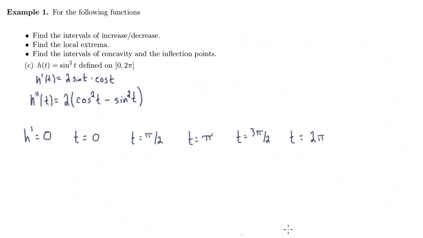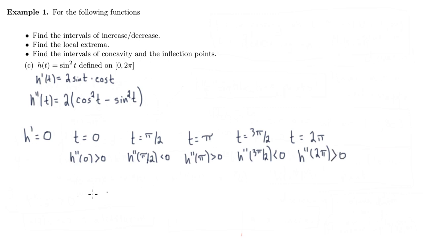And the nice thing is we can very quickly just apply the second derivative test. So what is h double prime of 0? Well, there's this factor of 2 that's not going to change the sign, but it's just 1 minus 0, so it's positive. Then h double prime of pi over 2 is going to be 0 minus 1, so that's negative. And then for pi, it's going to be positive again. 1 minus 0. Really it's negative 1 squared minus 0, but 1 minus 0. H double prime of 3 pi over 2 is going to be negative, because 0 minus negative 1 squared. And then finally, h double prime of 2 pi